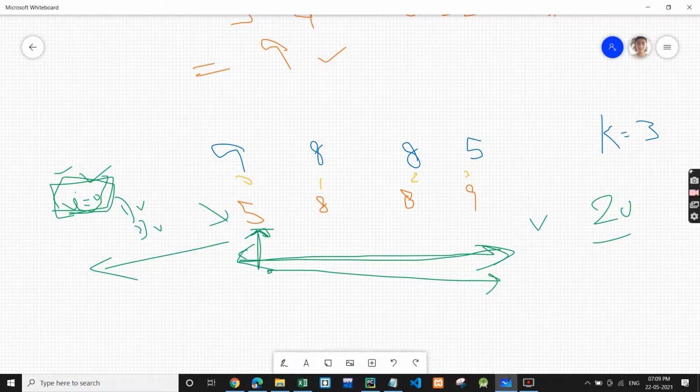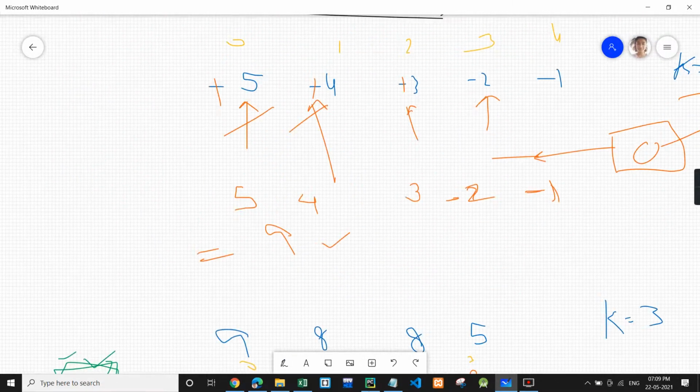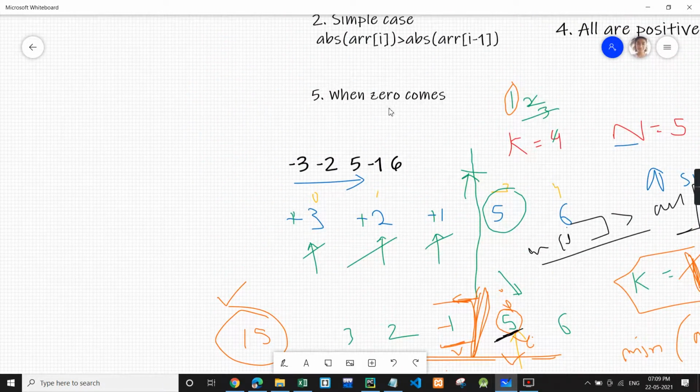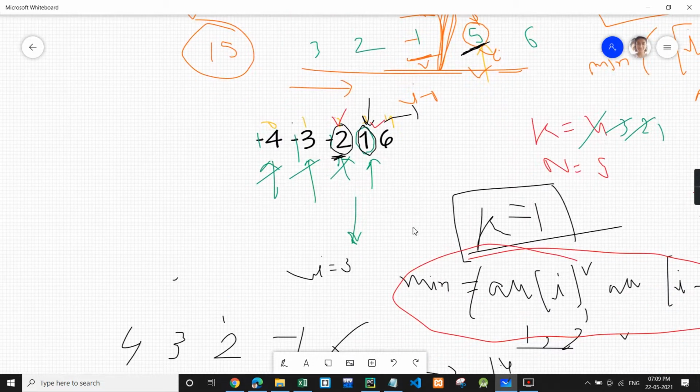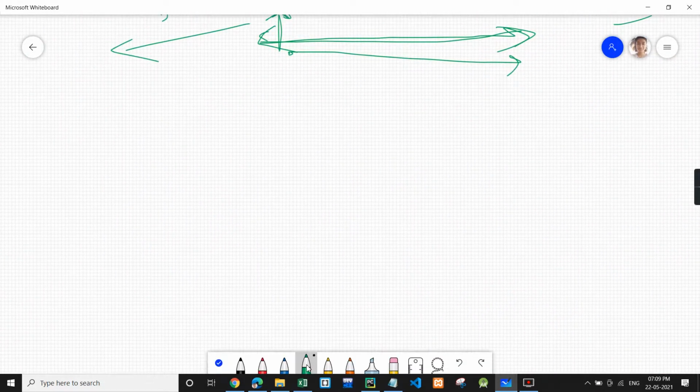And now let's discuss the other test case. The last test case is in which we encounter 0. That means when 0 comes in the array. Let's check that test case also. So let's take -2, 0, 5, -1 and 2.